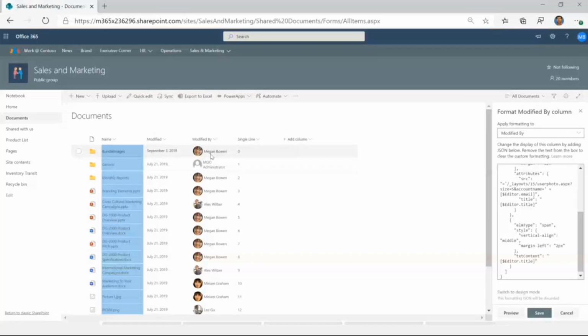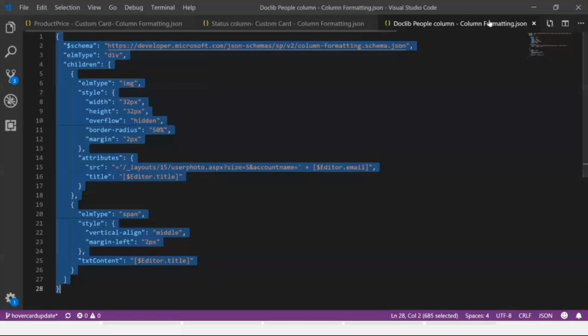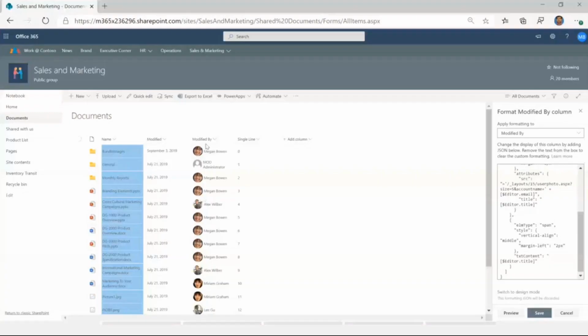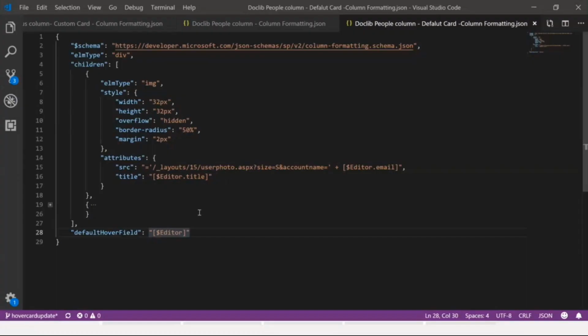And I think we've been getting these requests for very long, wherein formatters override the default experience. Now let me go and do it with the new function that I'm talking about, which is my default hover field. It's just a simple function where you just need to define on which column. This is not the screen column name. It's basically the actual column name behind the screen, which defines modified by column.